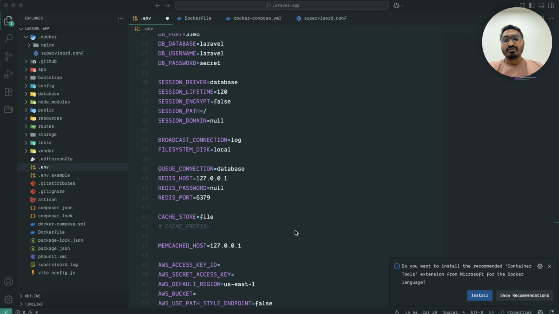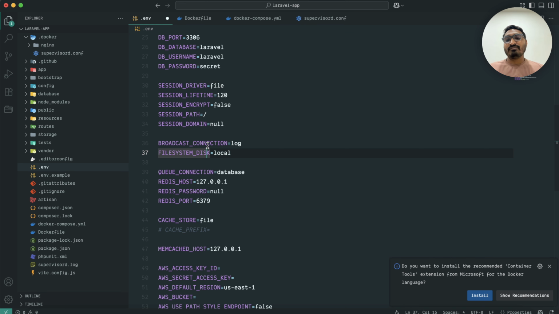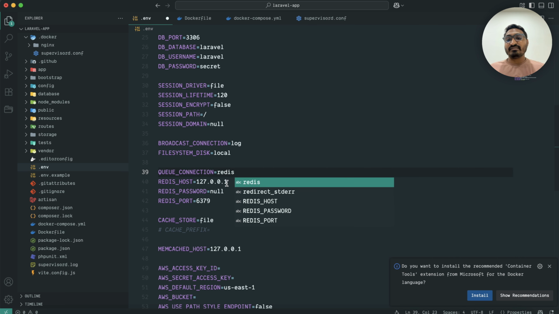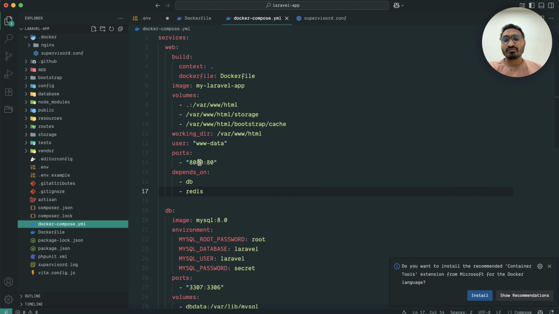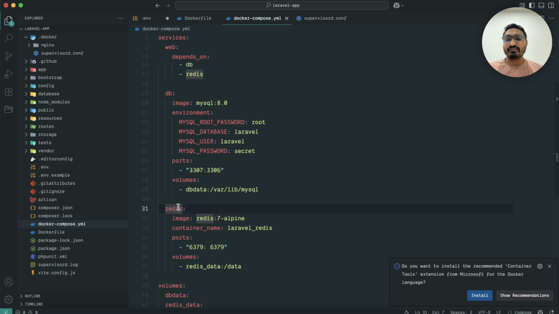I have set up my own email configuration, so that should work. After that, for the session driver, I'm not going to use the database, I'm going to use file for now. And for the queue driver, I'm not going to use the database, we are going to use Redis as a driver. And for the host, you can see that over here it shows localhost, but let me go to the docker compose file,